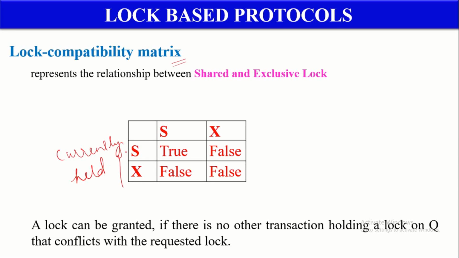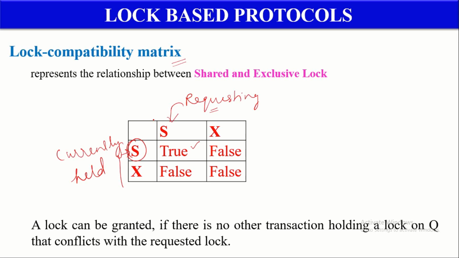If one transaction is holding a shared lock on a particular data item, and at the same time another transaction is requesting a shared lock on the same data item, both are considered compatible, so that request will be